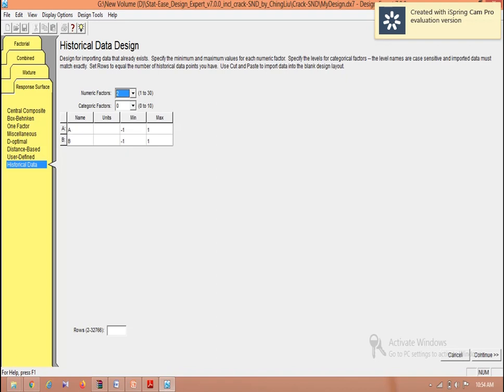That is, we have already analyzed and reported the values of output responses. So with those output response values we are going to process to get the regression models. Okay, so we have to specify the number of numeric factors, then what the factors are, their units, their range, and how many experiments we are going to conduct or have already conducted.